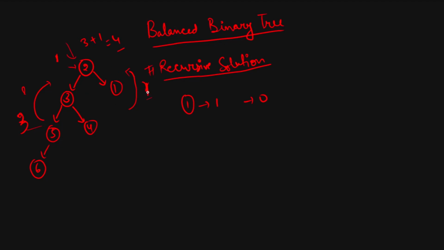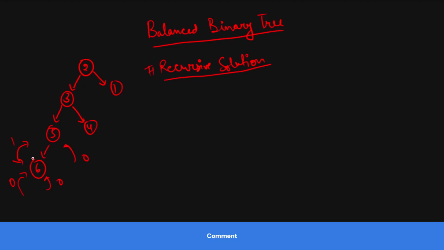Now, after knowing how we can find the height, let's see how we can solve this. Once we understand how to find the height of a binary tree, this problem is a cakewalk. So now let's understand what I will do from here. First of all, I will check the height of this. I know the height of a null node is 0. So the maximum is 0, and 0 plus 1 will be 1. So the height of this node will be 1. And on the other side it is 0, null is 0 and this is 1. So the difference between the left and right subtree heights is 1. Right now it is 1.